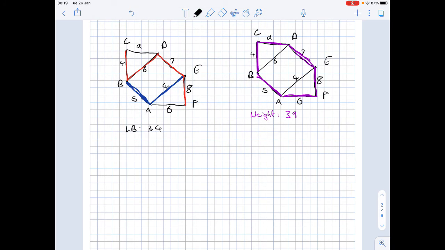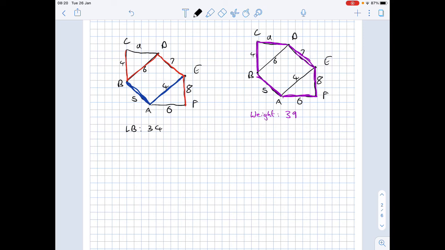So for a starter, the weight is greater. That's a good sign. So we need to think about what if this is a lower bound. We know that it's the lowest possible solution. Now we know this didn't actually work as a solution because we couldn't follow this route directly. So therefore, to make it a possible route, we'd have to duplicate some sides, and the actual result would be bigger at least. So what we do is, if we want to show this as a lower bound, we must